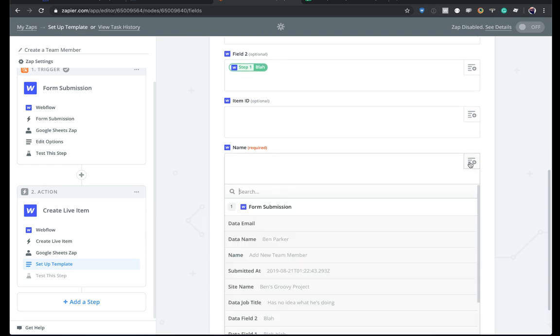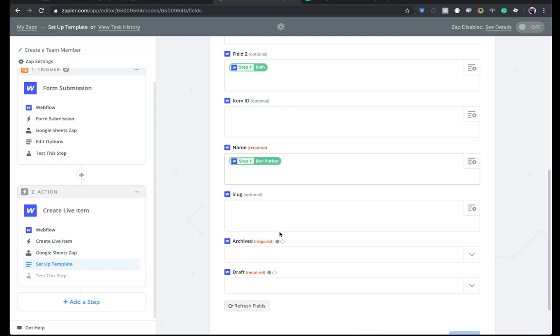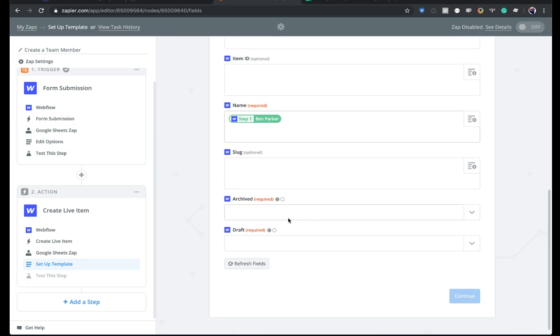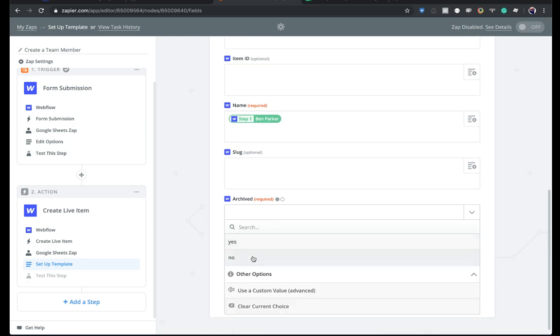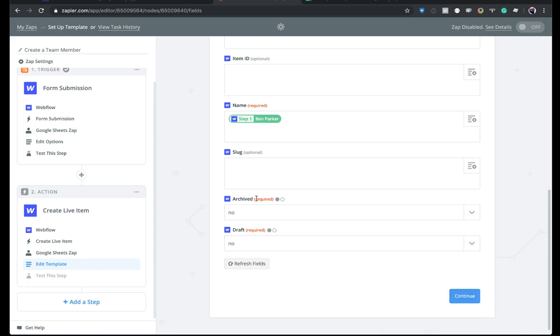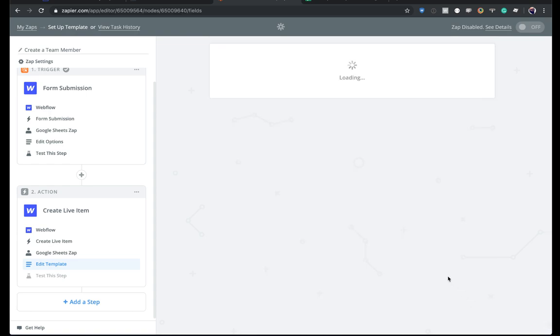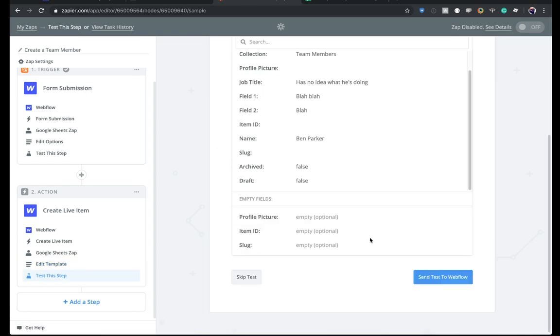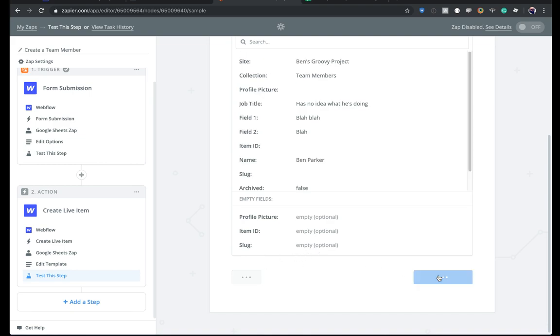So we have to name this. I'm going to call it the person's name, whoever we added. We're going to use their name. And then we choose whether it's archived. No, it's not archived. No, it's not draft. That means it's going to be automatically created and go live as soon as we create this. So I'm going to continue, and then I'm going to jump to the next step. So I'm going to send the test to Webflow,